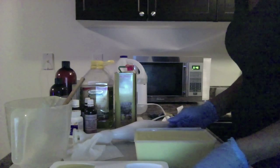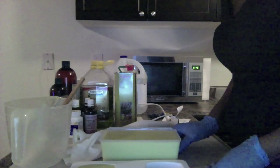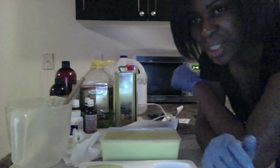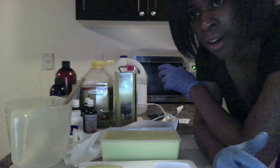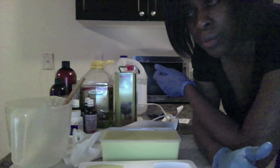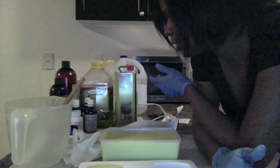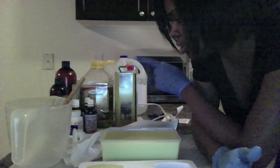So that, everybody, is our Castile soap with a few additives. I'm going to put myself on camera here. I will include a copy of the recipe down below. But essentially, it's pomace grade olive oil, extra virgin olive oil, jojoba oil, vitamin E oil, castor oil, and we use sodium hydroxide, basil, peppermint,